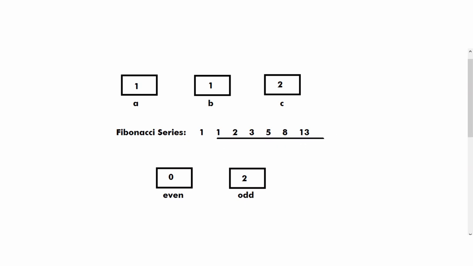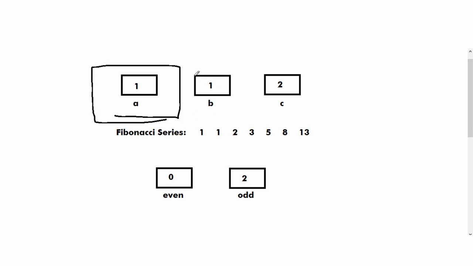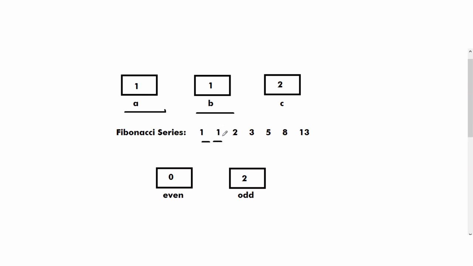In this way we will display n number of terms. In this particular program our task is to display the Fibonacci series, and also display the count of even and odd numbers in it. For that, we will take a variable a and a variable b. Initially a and b will be initialized with the values 1 and 1, as our first and second terms in the series are 1.